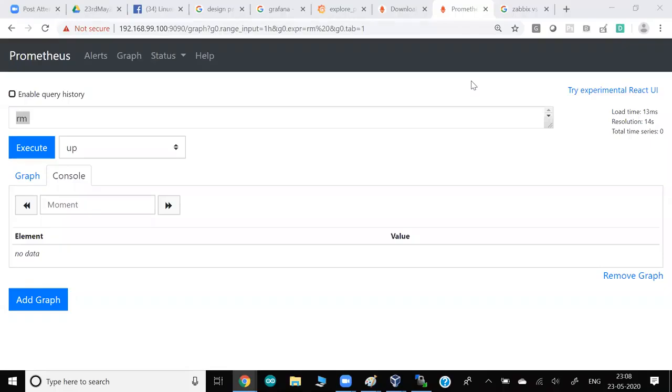Okay, how do we convert from PromQL to MySQL? There are a lot of tools available in the market to convert into MySQL, but technically it is not good practice, right? Because MySQL is a relational database. Prometheus is more about time series. Even though we can convert, we have some tools available, or we can also create our own tool, but there will be no great use case to convert your data of PromQL to MySQL.